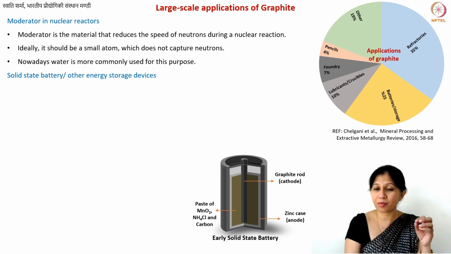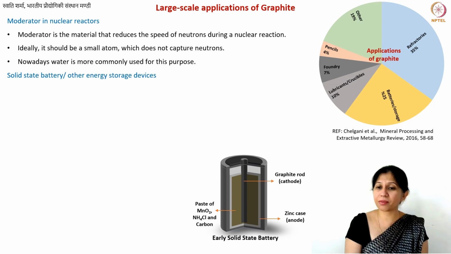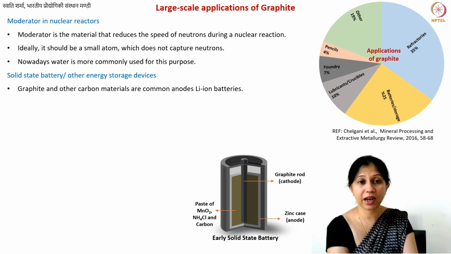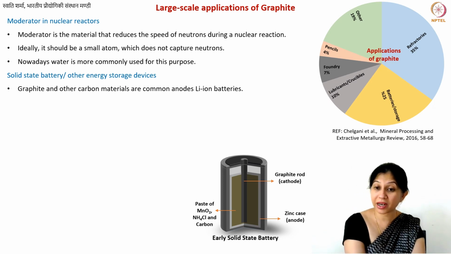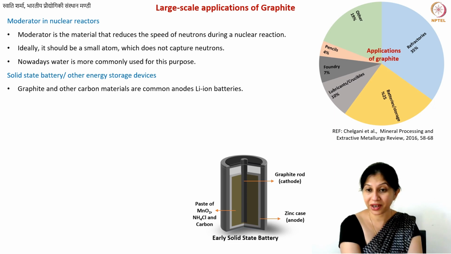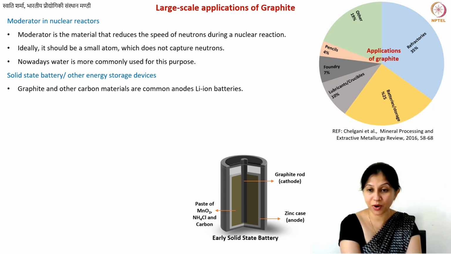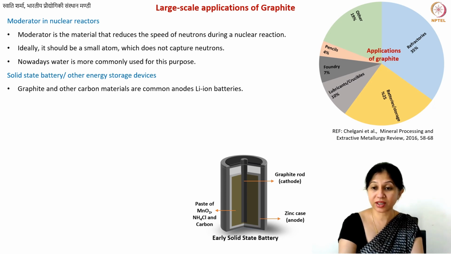So you can see that carbon was very much important in the case of solid state batteries from the very beginning. Even today, a lot of batteries, also with the advent of lithium-ion batteries, very extensively utilize carbon. So there also we use graphite-like materials or materials with some modified properties, but typically carbon materials are used. So for battery application, solid state battery.